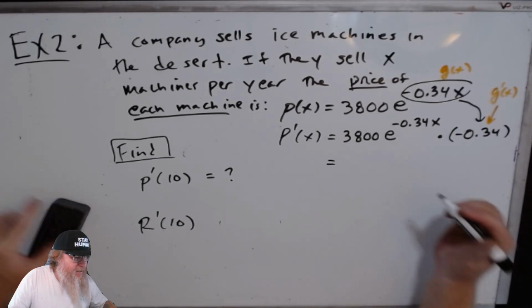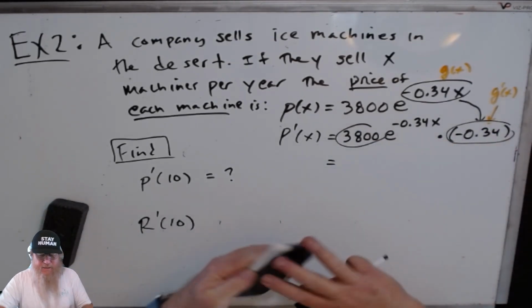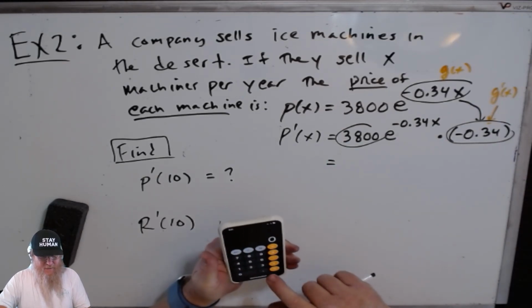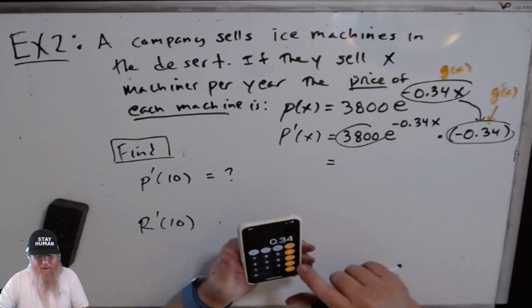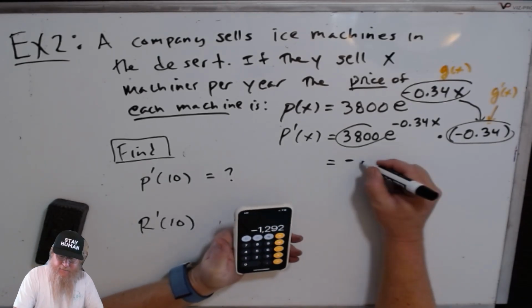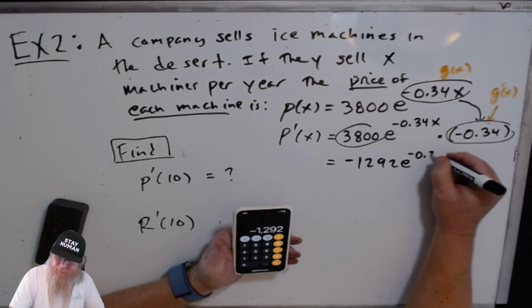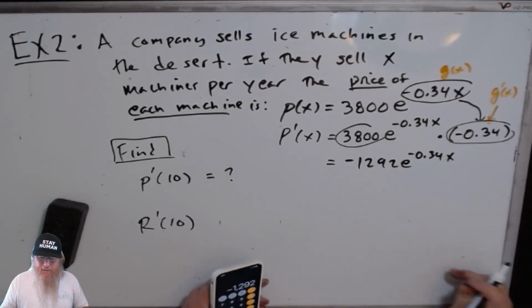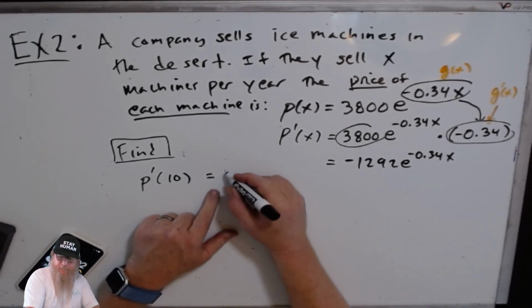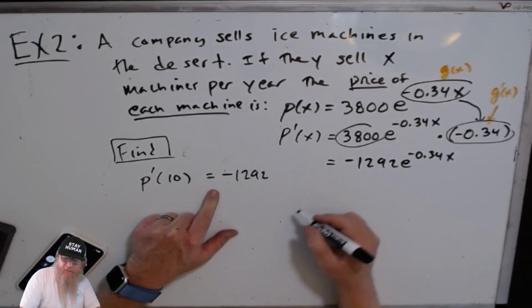All right, so I'm going to combine the 0.34 and the 3,800. So I've got 0.34 times 3,800. That's negative 1292 e to the negative 0.34x. So p prime of 10 is negative 1292